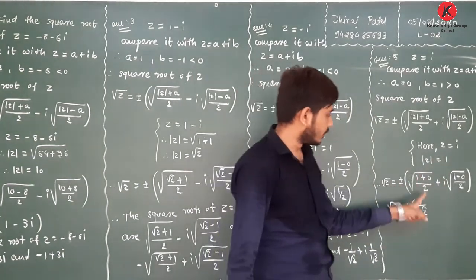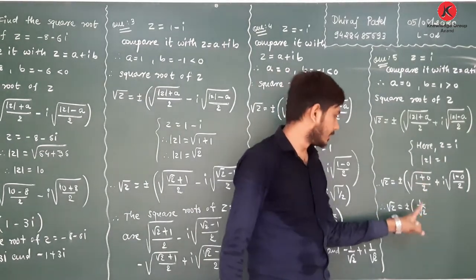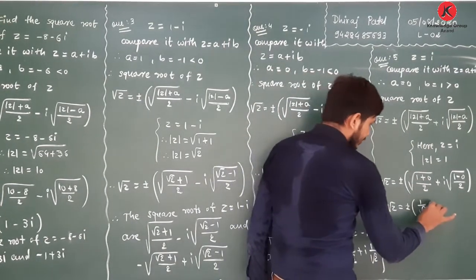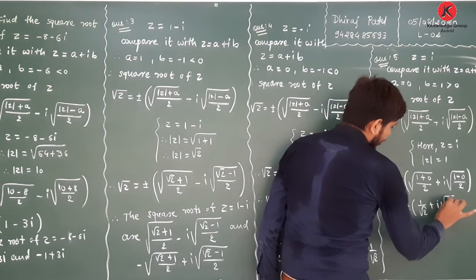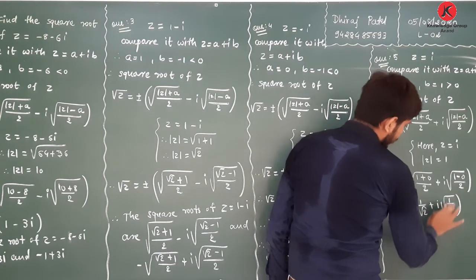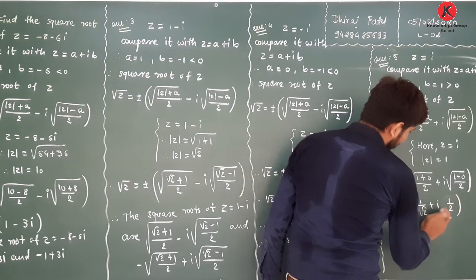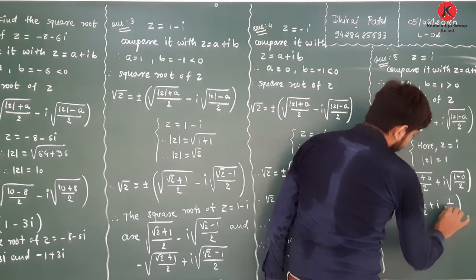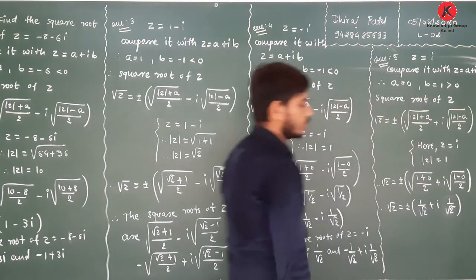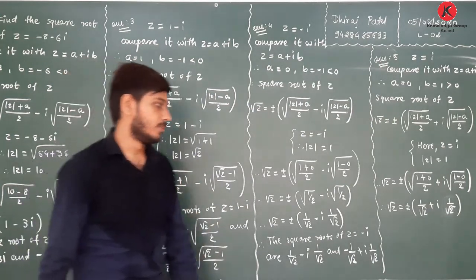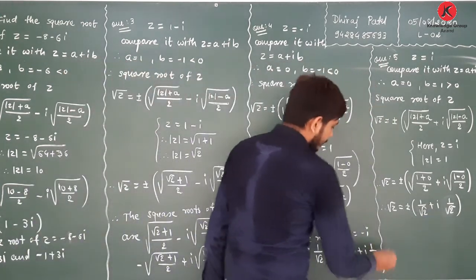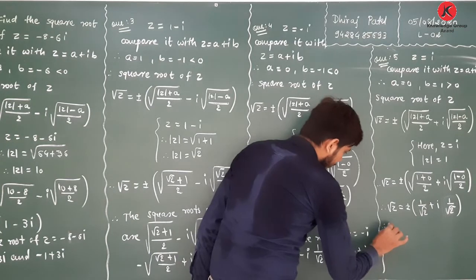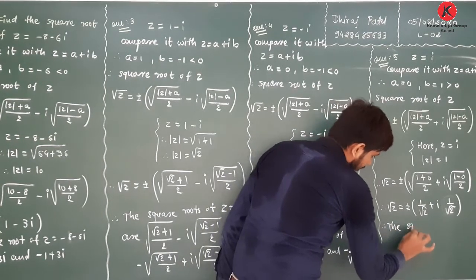Under root of 1 by 2 is 1 upon root 2 plus I under root of 1/2, 1/√2. Now the statements: the square roots